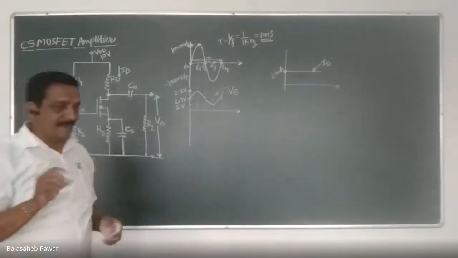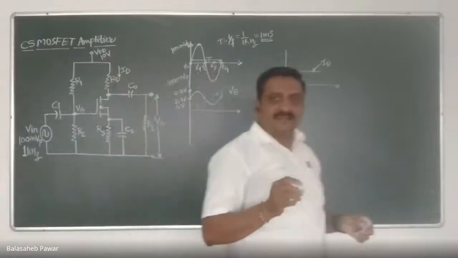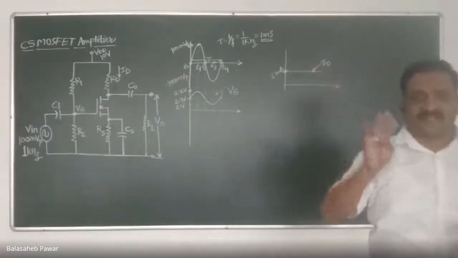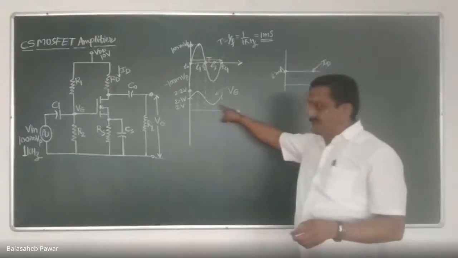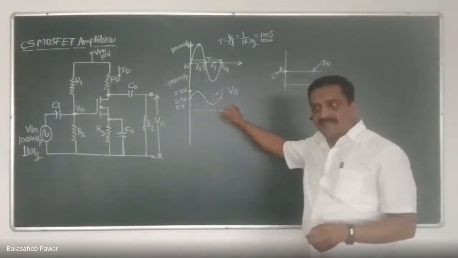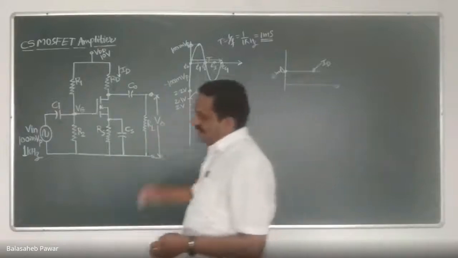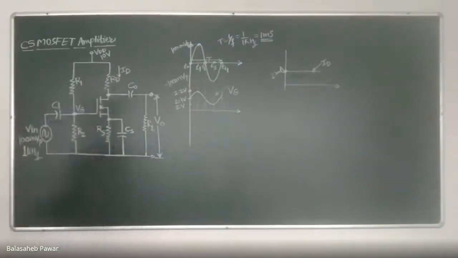Are you getting my question? By the application of input signal, as I told, that gate voltage becomes time varying, as shown over here. Now the effect of that time varying gate voltage on the drain current: will drain current remain constant as 2.1 milli DC current, or will it become time varying current? Just let me know. No one? So what did you study then?